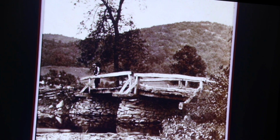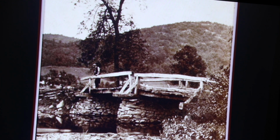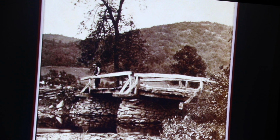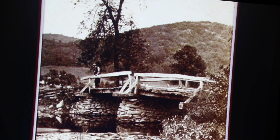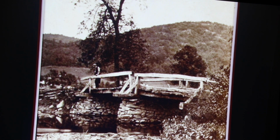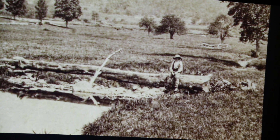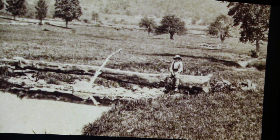But also, these stereoscopic pictures are pretty good photographs. There's good composition. And the Anthony brothers in New York had a firm that started doing this type of work as early as 1859. Not exactly a bridge, but